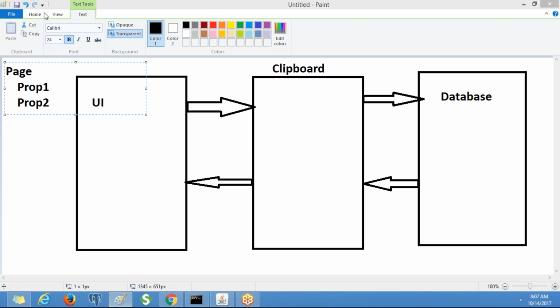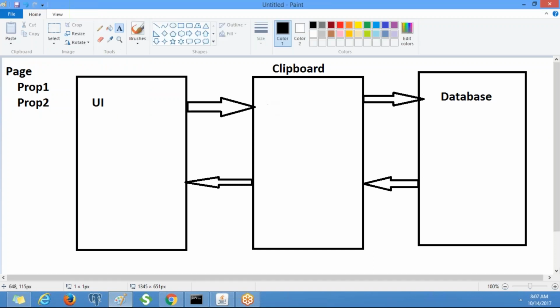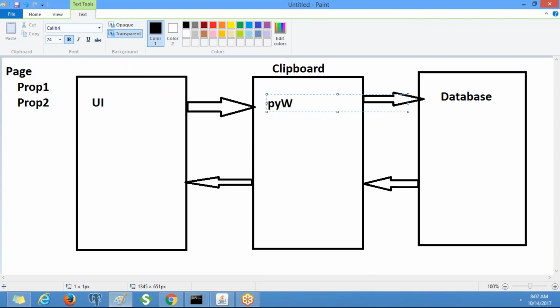That page is called the py work page. All the work object details will be posted to the clipboard and available on the py work page.